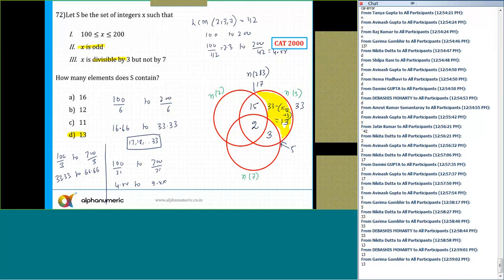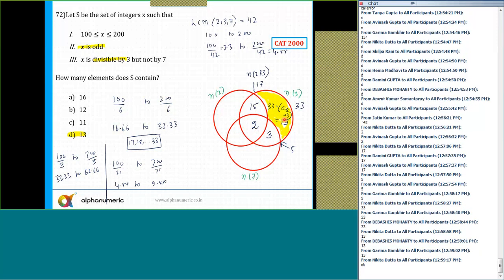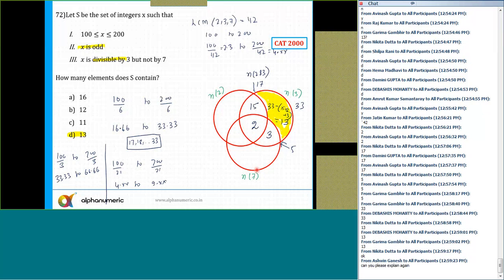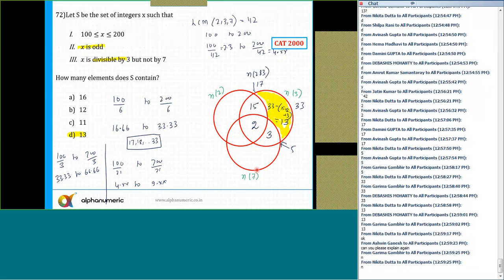So whenever there is confusion in such types of questions, you can always take the help of this. It is not necessary to calculate how many numbers are multiples of 2 or multiples of 7. Just these 4 values. Clear to all of you? Any doubts to anyone? Please ask me now.